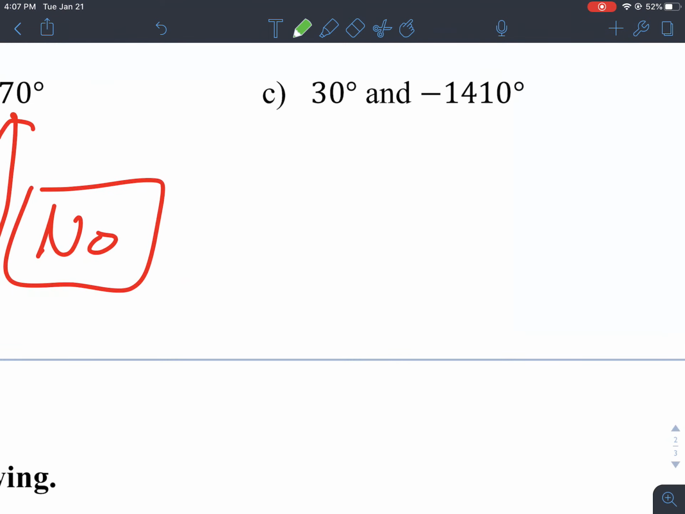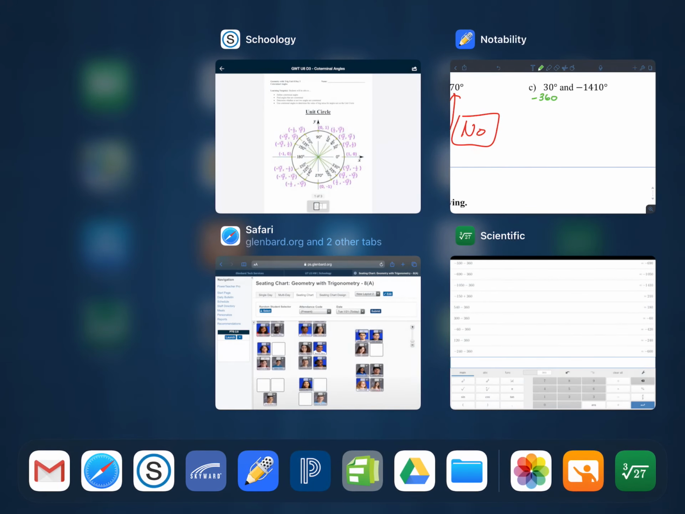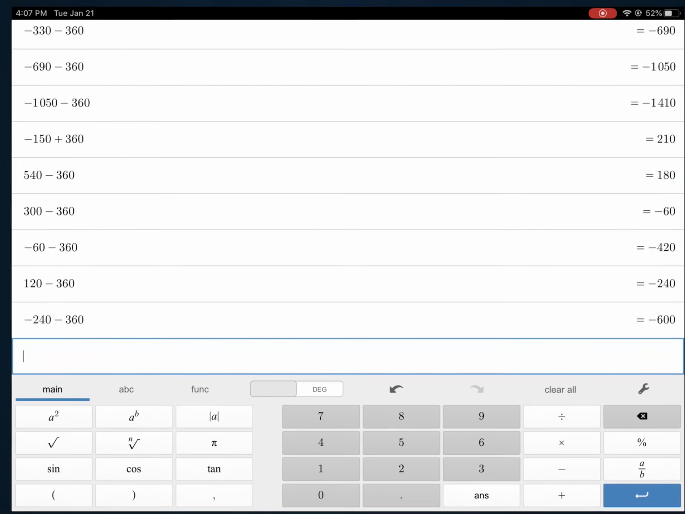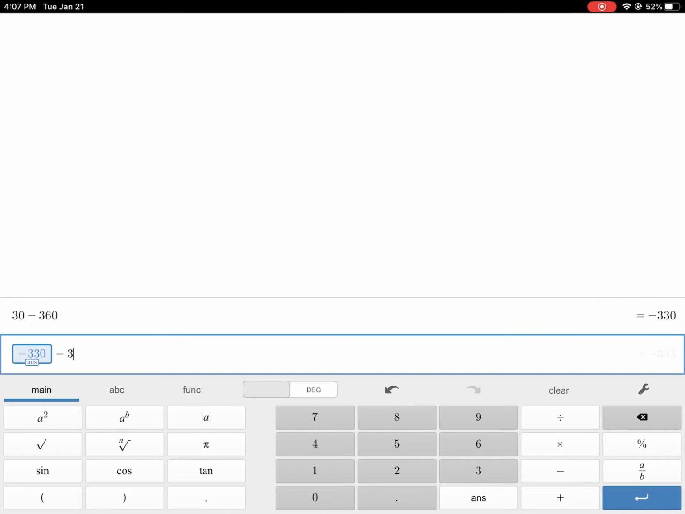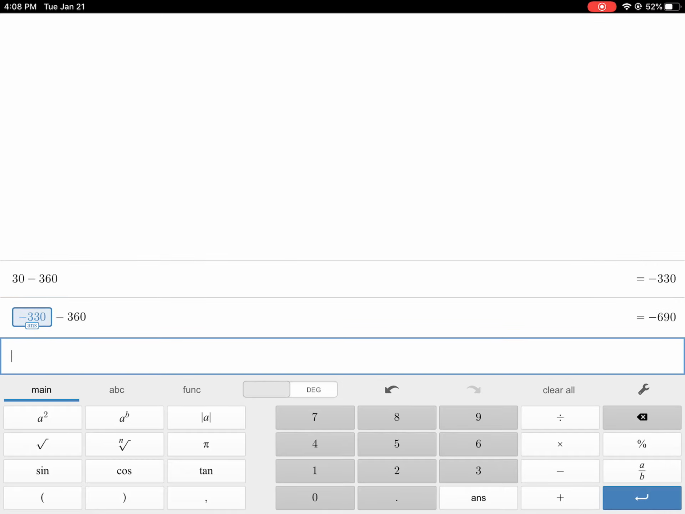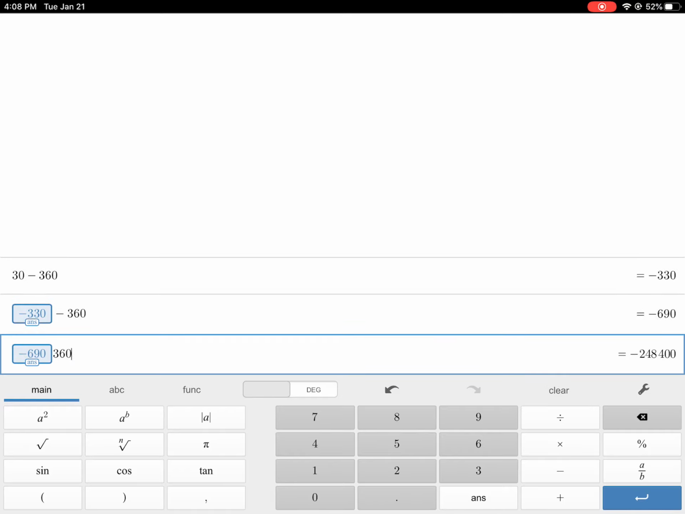Okay, so here we're at 30, and we want to check to see if negative 1410 is coterminal to it. So now since we're making the angles smaller, we're going from a positive to a negative, we want to subtract the 360. Now, in order to save a little bit of writing, I'm just going to go to the calculator and keep this minus 360 going. So, starting at 30, subtract 360, we're at negative 330. Again, the goal is negative 1410. So I'm going to subtract another 360. Not there yet. I'm going to subtract